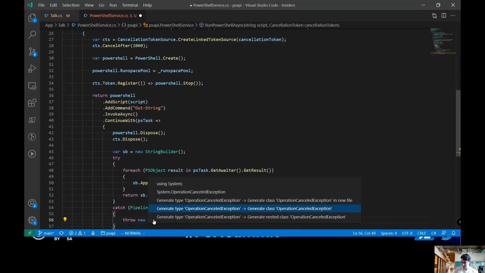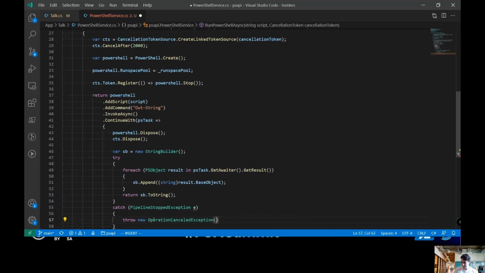Needed the one L. There we are. And we'll say script timed out with